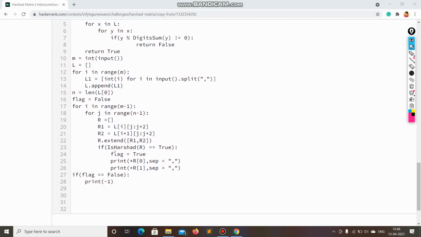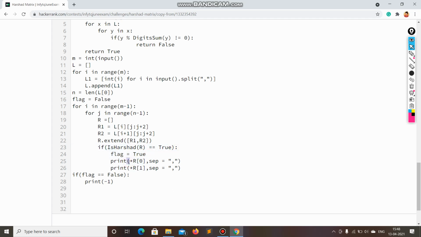So now, coming to the code, if Harshad is equal to true, then I took some flag which tells me whether any matrix of this rule exists or not. If it exists, then my flag will be true.